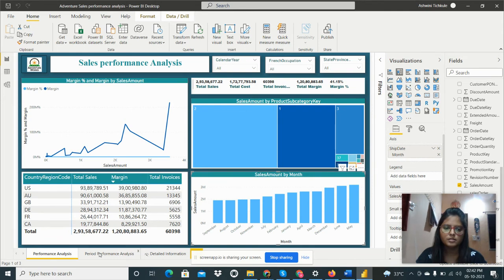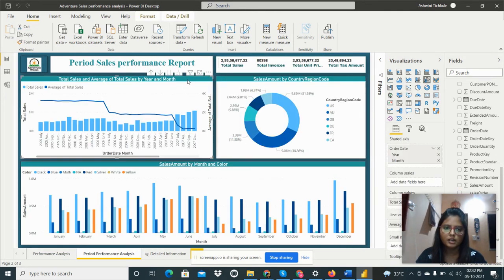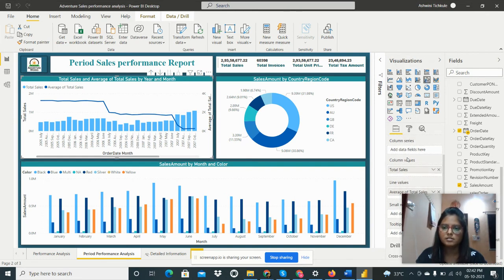So moving towards the next report, we can see this chart: total sales and average of total sales by year and month. This is the line and clustered column chart. I have added year and month in the axis. Then in the column values, I have added the total sales. In the line values, I have added the average of total sales.